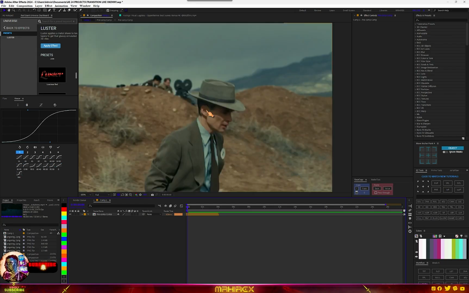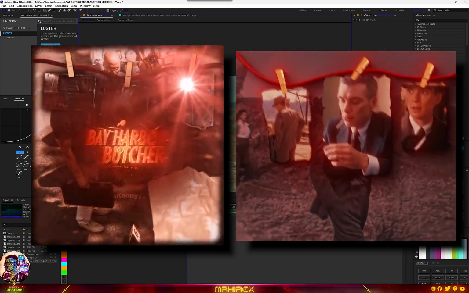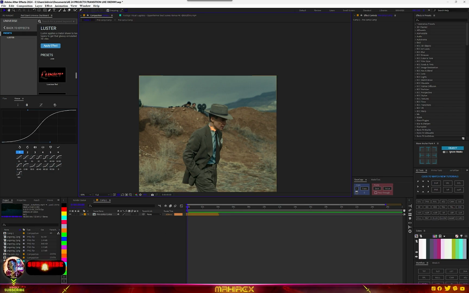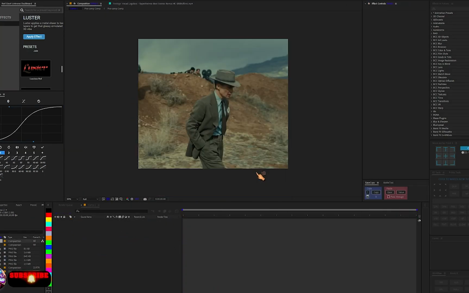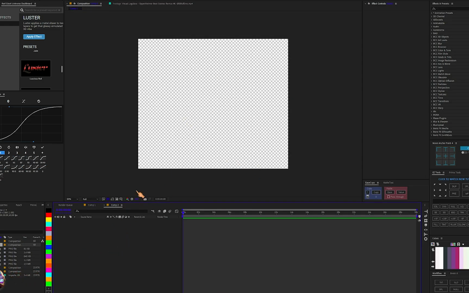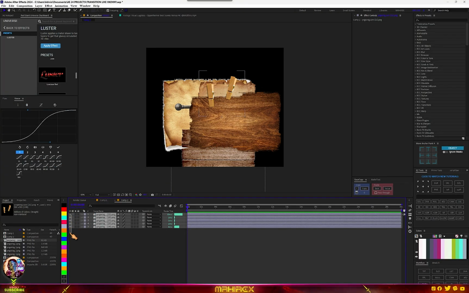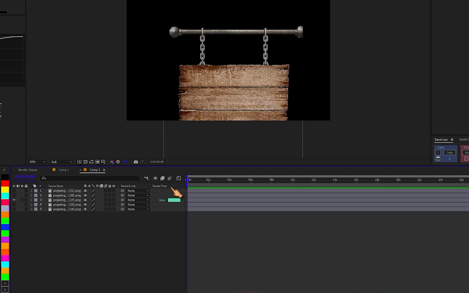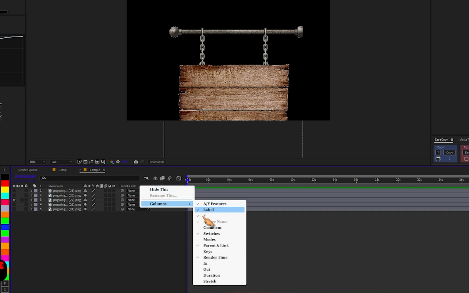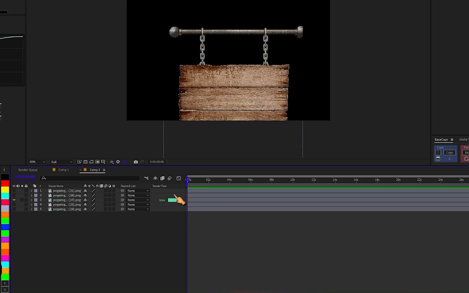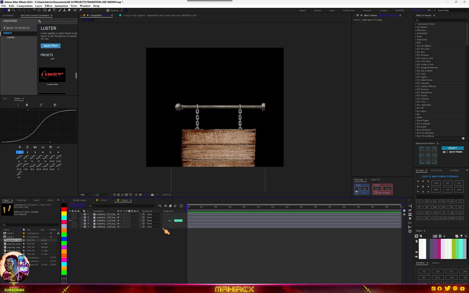You can see in the video you saw some images, and what I have to do is just create a new comp, and all we have to do now is just drag our asset into our composition. So now let's turn up this. Make sure you guys have this option turned on. If you right click this side, just go to column and make sure render time is on, so you can know the layer which is actually slowing down your After Effects or the layer containing heavy effects,